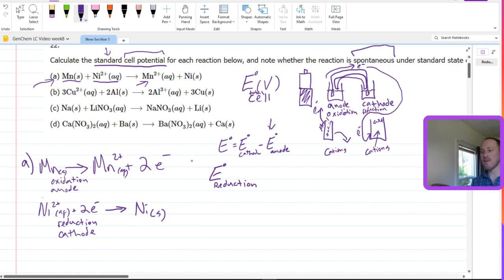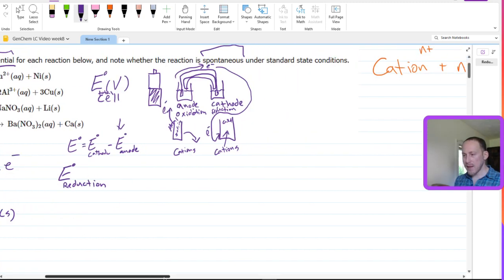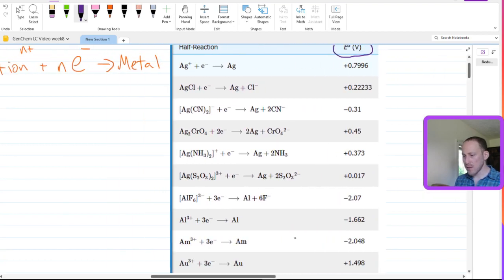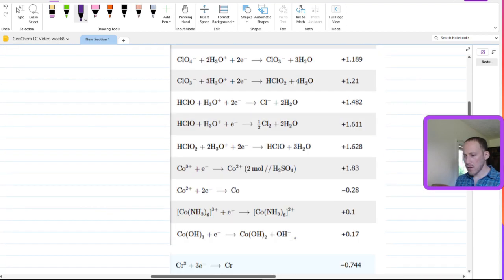Again, you could flip it from the table and then add it here, but I'm just going to stick with one method. So we've got to have manganese 2+ and nickel 2+. So